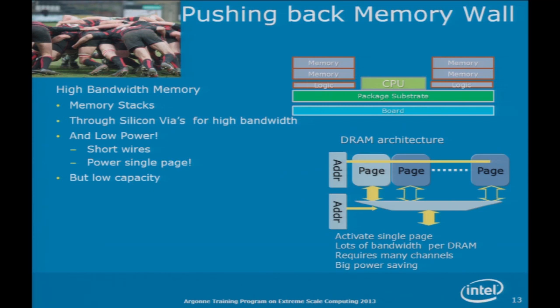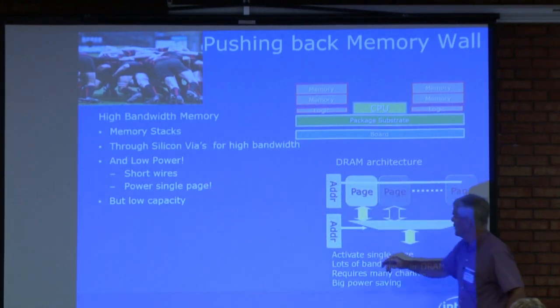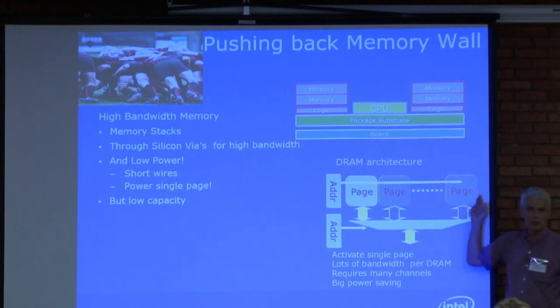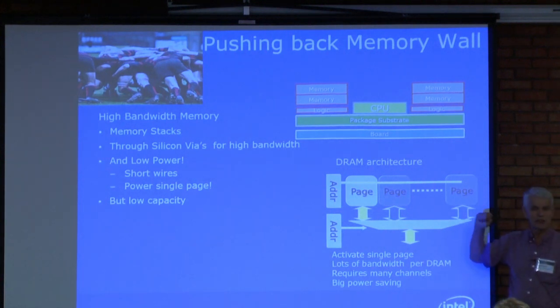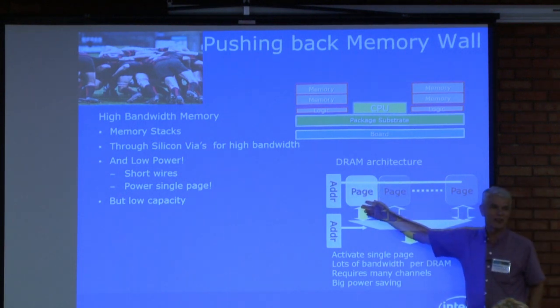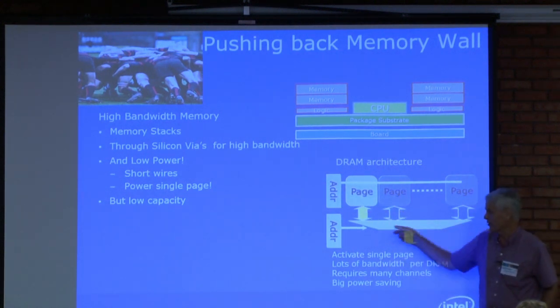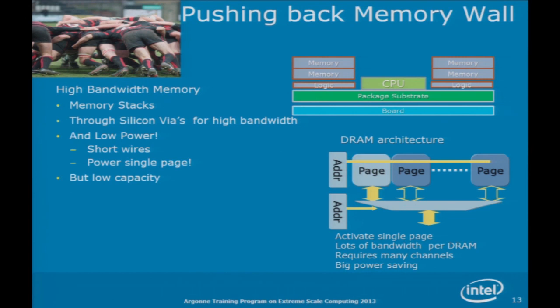And the best part is that DIMMs, is this part here. You power a single page. In a DIMM, you have multiple DRAM chips lined up on the DIMM. You send out the same address to everybody. Inside each chip, that address selects a page inside the chip. It reads out actually thousands of bits from each DRAM, and then it funnels out a handful of bits which then gets collected up and sent back to the processor chip. That's an unbelievable waste of power. It's also very slow. It's high power, long latency,